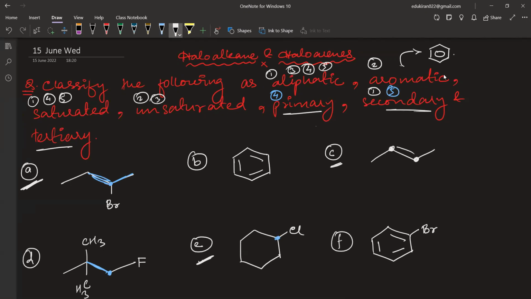Then for F, is it aliphatic or aromatic? Aromatic. Very good. The sixth one is aromatic. Saturated or unsaturated? Unsaturated, right? And now also we will not consider it. Now again, see here, this important carbon that is,